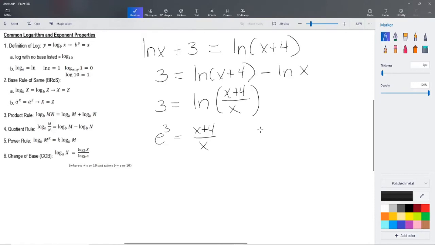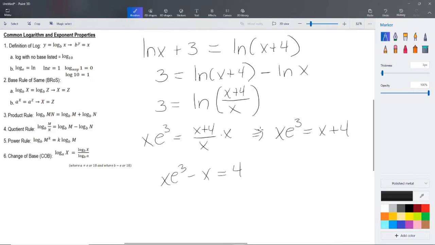The first thing we want to do is get rid of our fraction. So we're going to multiply x on both sides here. That's going to give us x e to the 3 on the left, and just x plus 4 on the right. Now, at the beginning of this problem, we talked about how to solve for x's in this manner, right? We gather all of our x's on the same side, so let's do that. Let's take this x that's on the right with the 4 and bring it to the left here so it could be with this x e to the 3. So that's going to be x e to the 3 minus x, which is the x from the right-hand side,